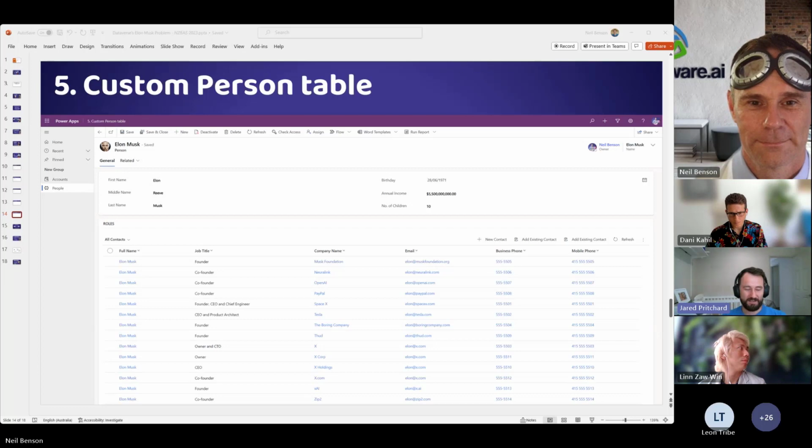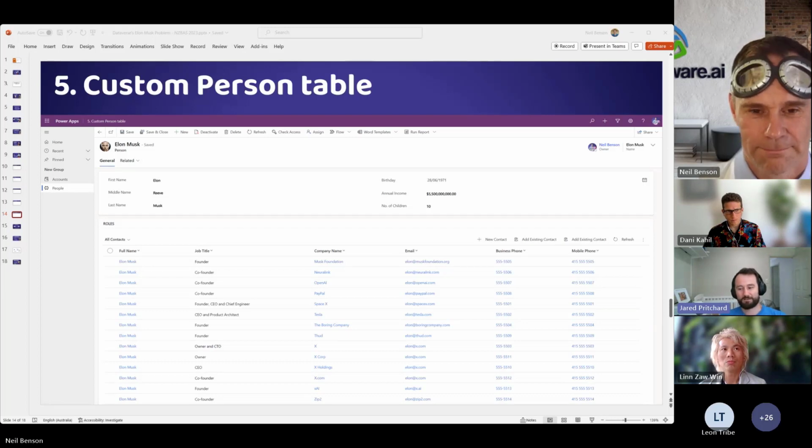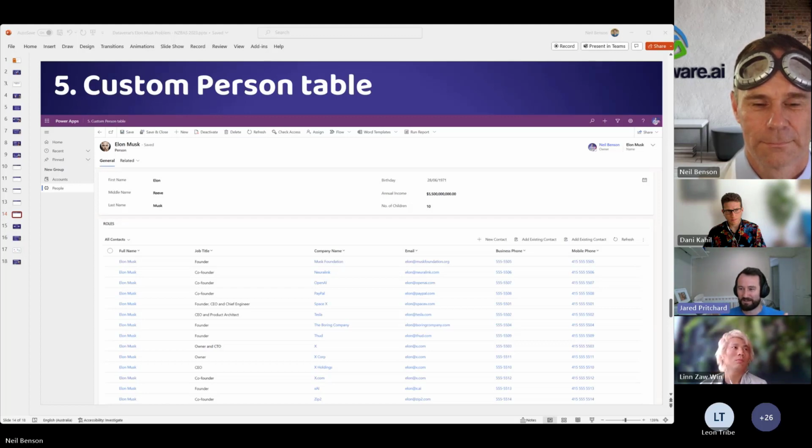And I think the personality can be interesting as well, depending on your requirements. I think the weakness of that one is you couldn't use the person record in, again, marketing lists and so on. So if you want to build a marketing list, you have to pick from 13 Elon Musks.